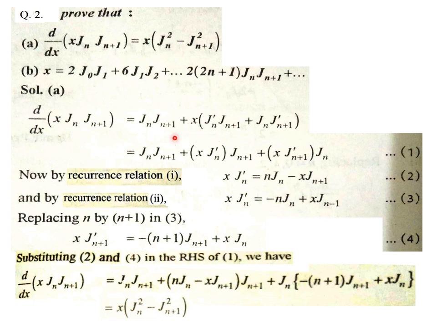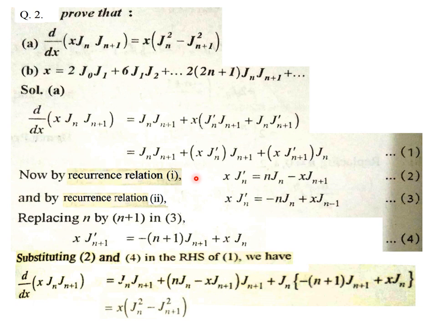Then we set it with some trick. The first term is invariant. In the second term, x is multiplied with both these terms, and it is kept in a standard pattern: x jn dash is in a bracket with jn plus 1 plus x jn plus 1 dash. That dash is with x, okay, and jn taken outside. Now using that recurrence relation first and second, like in the previous problem, question number 1 was also based on these two recurrence relations. So it is some kind of similar pattern of problem, but the problem is obviously totally different.